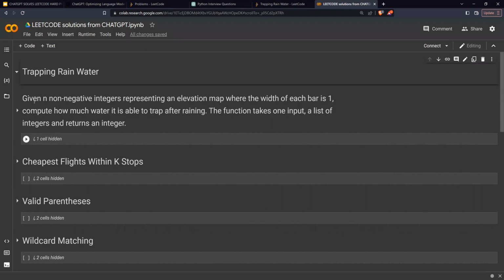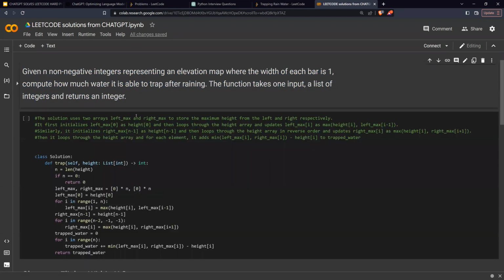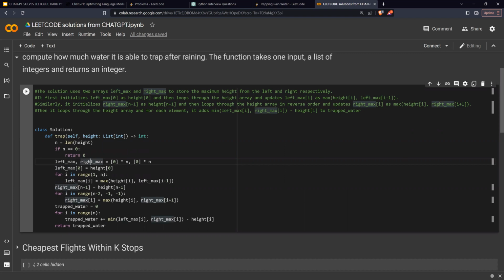to all the questions. Given n non-negative integers representing an elevation map where the width of each bar is 1, compute how much water it is able to trap after raining. The function takes one input, a list of integers, and returns an integer. This is what you need to do. Here is the solution. It uses two arrays, left max and right max, to store the maximum height from the